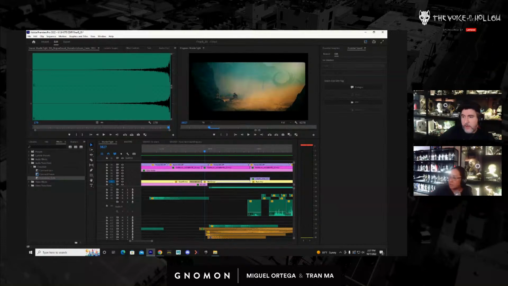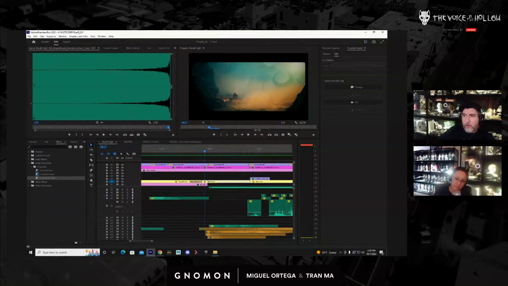So I'm just going to go in and start to look for stuff to put in there. I do want to buy a really nice sound library eventually, but not right now.